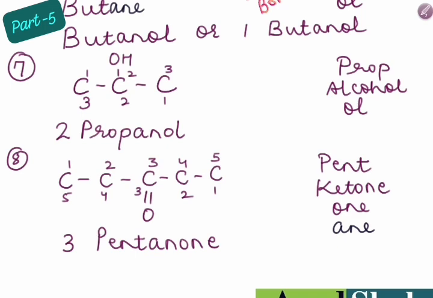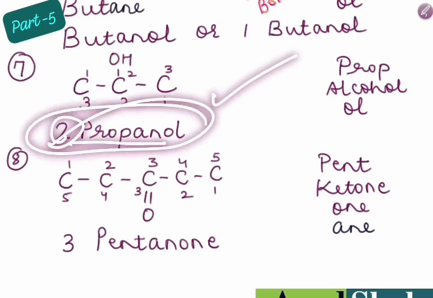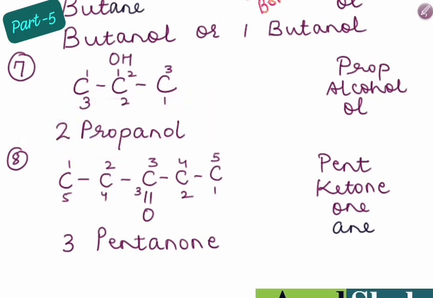So what I will do, I will number it 1, 2, 3. Or I will also number as 1, 2, 3. So I'm seeing that the alcohol group which is attached to the carbon atom is always getting the second number. Either I go from here to here, or I go from here to here. The meaning is the same, so it hardly makes a difference. So I will write it as propanol first, and then to which carbon atom is the alcohol attached? So 2-propanol. So this is the final answer. This is the final nomenclature.